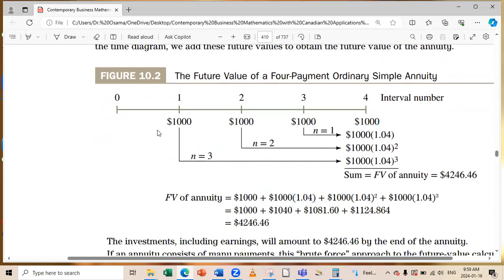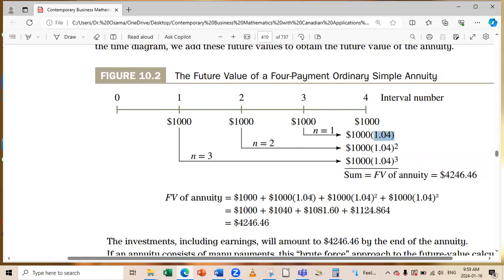So the first 1,000 here is at the end of the first year, which means at the start of the second year. How long will it stay in the bank? This 1,000 will stay in the bank for 1 year. So the power here is 1, then n equals 1. So it is 1,000 multiplied by